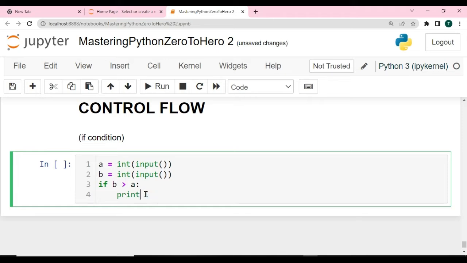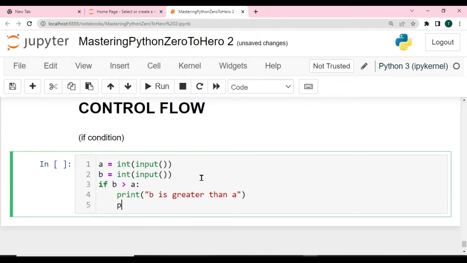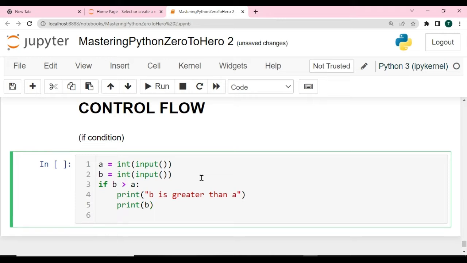So if this is true, then print b is greater than a, then print b. Let's write something so that we will know that this is part of the body of the if condition. So let's say print